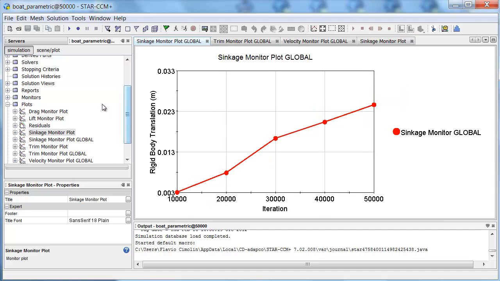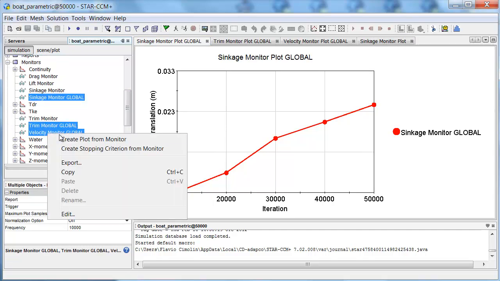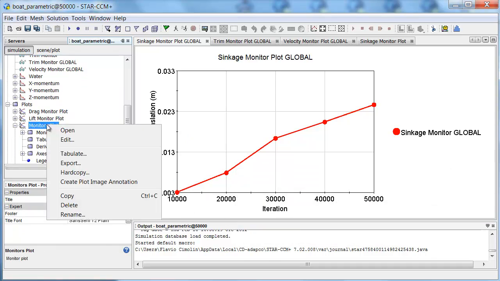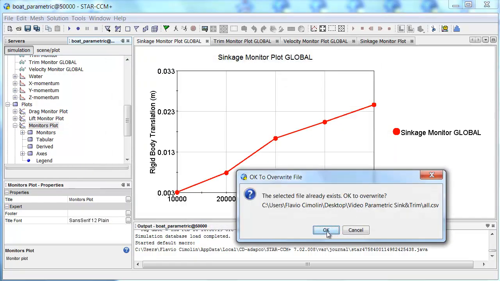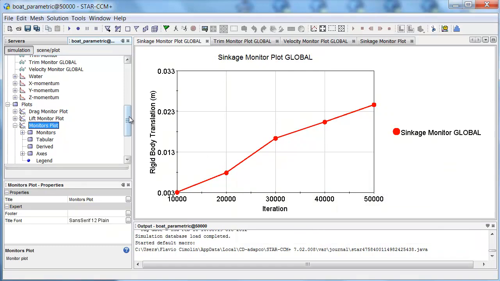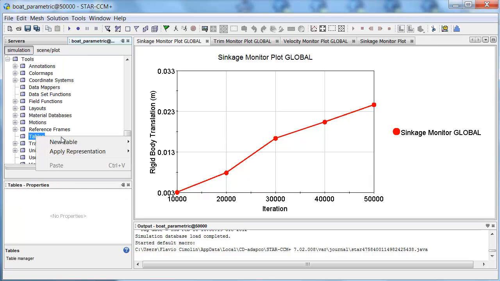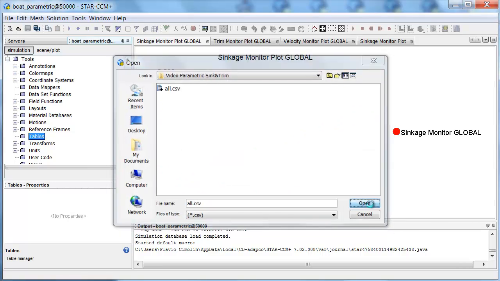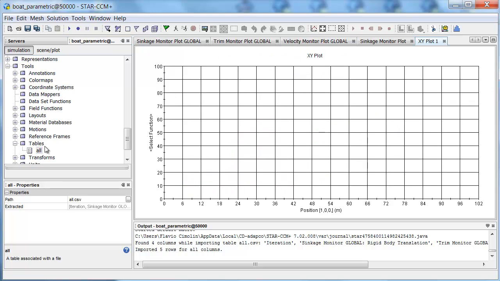To see the quantities as functions of the velocity, we can proceed in this way. Select all the global monitors and create a new plot, single plot. Then select that plot and export it on a CSV file called all. And then immediately re-import it back in StarCCM Plus as a table, with a new table file, and calling the file all.csv. With this table you can easily create an XY plot